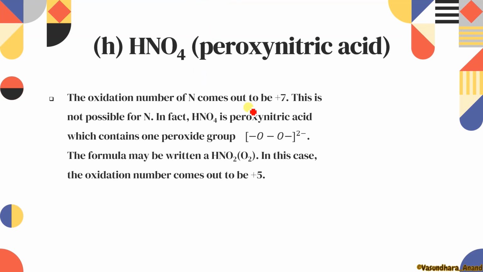So just do it. This is H 1, nitrogen X, and out of 4, let me do with this -2. For 2 it will be -1. Plus for 2 it will be -2. So -4. Clear? Now do it. X will be what? This will be 0. Calculate it. You will get that X is equal to +5.